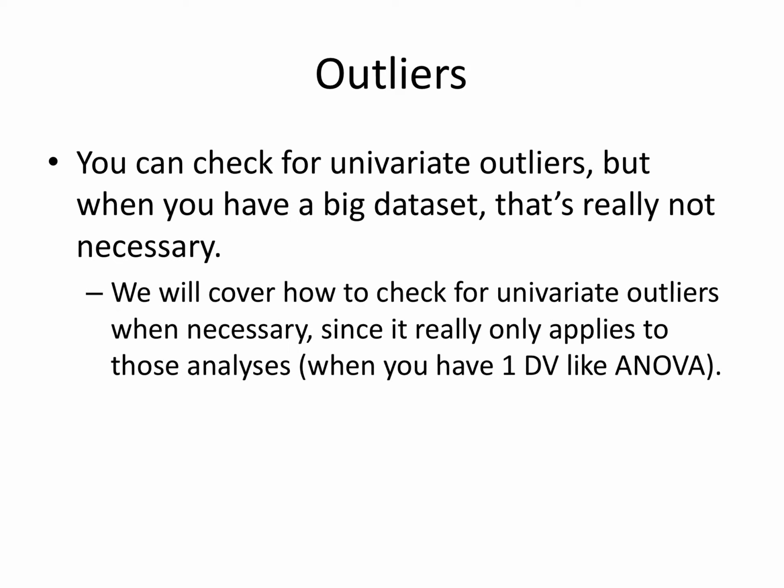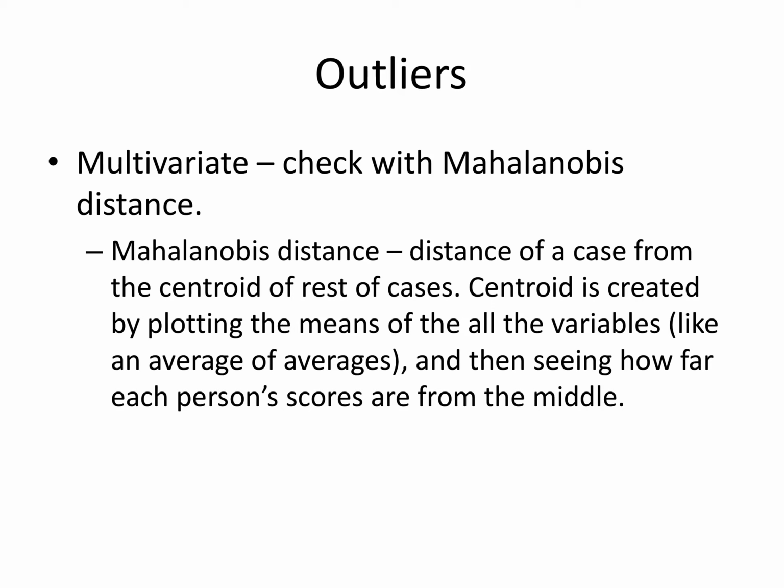So mostly you can check for univariate outliers, but when you have a big data set, it's really easier to do multivariate outliers. Okay. So once you get into looking at ANOVA, you'll check for those univariate outliers by using z-scores. Okay. Right now we're going to talk about multivariate outliers. Okay. So multivariate outliers, what we can do is use Mahalanobis distance. Okay, so Mahalanobis distance is a